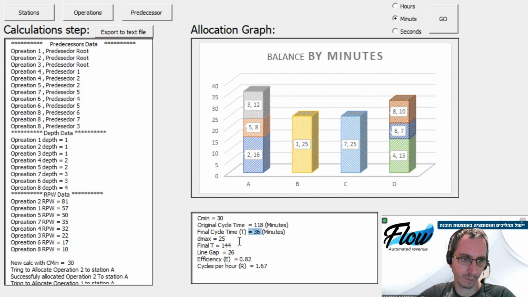So we can see the output, we can see the original cycle time, the final cycle time. We have some parameters. Again, if you know the algorithm, it will mean something to you. And we have the cycles per hour, which means,